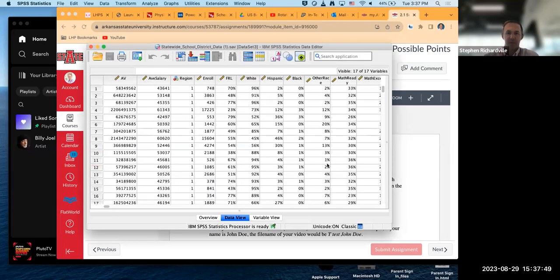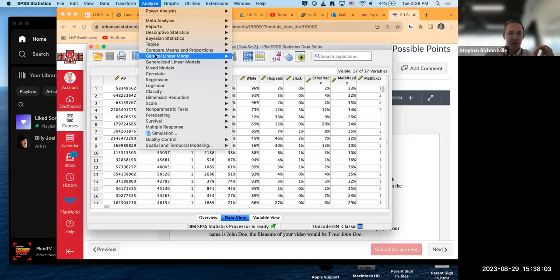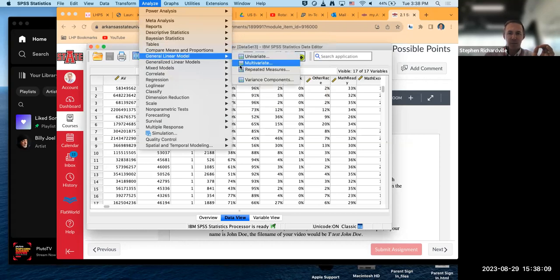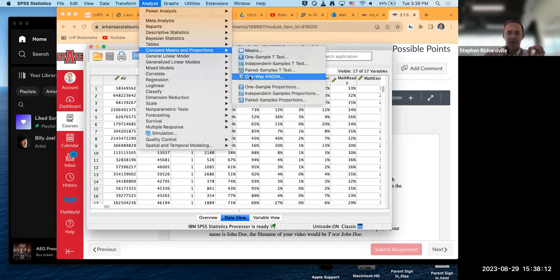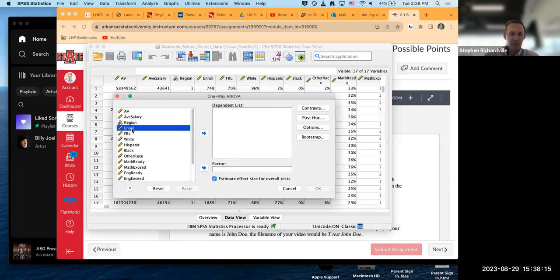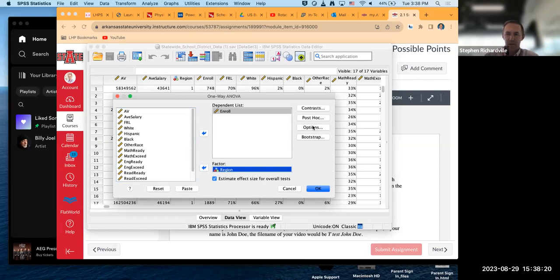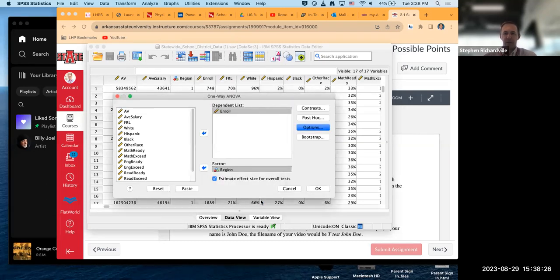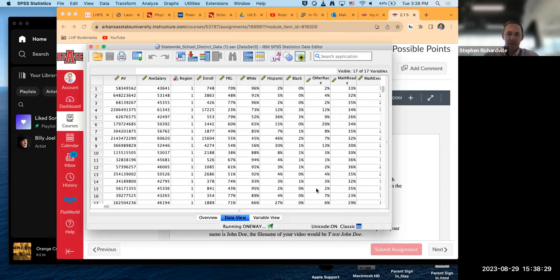When I go to the SPSS statistics, typically, before you perform a t-test, you would look to see if you've got the right number of samples in the group, the right N value, and you'd also look at the homogeneity of variance. Briefly, if I might just look at those real quick, you can look right here, compare means and proportions, even if I go to the one-way analysis of variance. If I look at enrollment data, which is what we're doing for the region, and my options here, we're going to do the homogeneity of variance test. If I go ahead and look at what this is going to be for my enrollment, it's a little bit